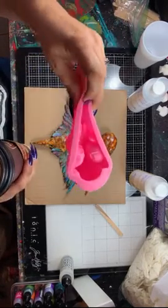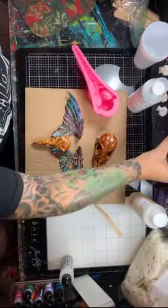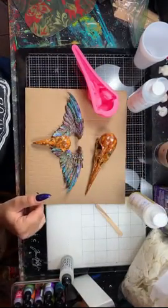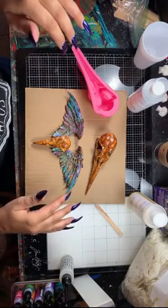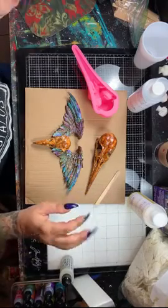Look what I have. Okay, so this not landscape mode is really throwing me off. All right, so